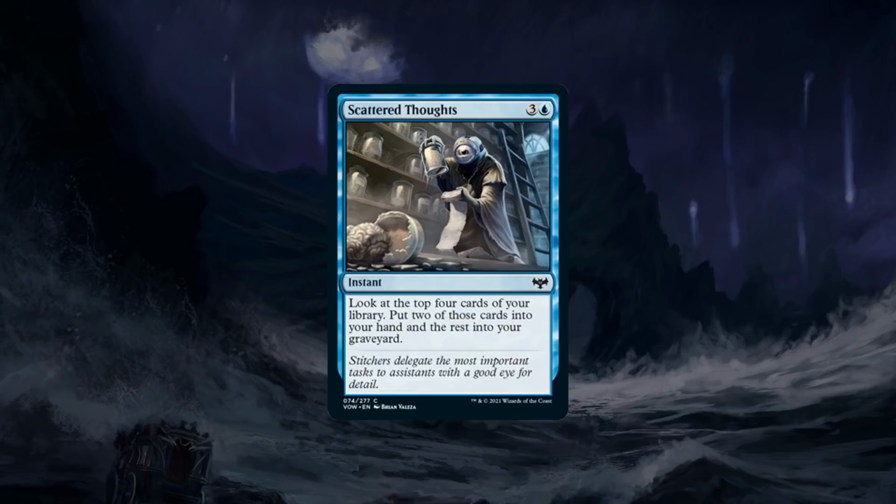Syncopate is a card that has historically been okay. It's a card that's in this set. I at least thought Syncopate was pretty solid when it was in Dominaria. And there's other ways to use instant speed stuff, and Scattered Thoughts just looks like a pretty cool way, especially